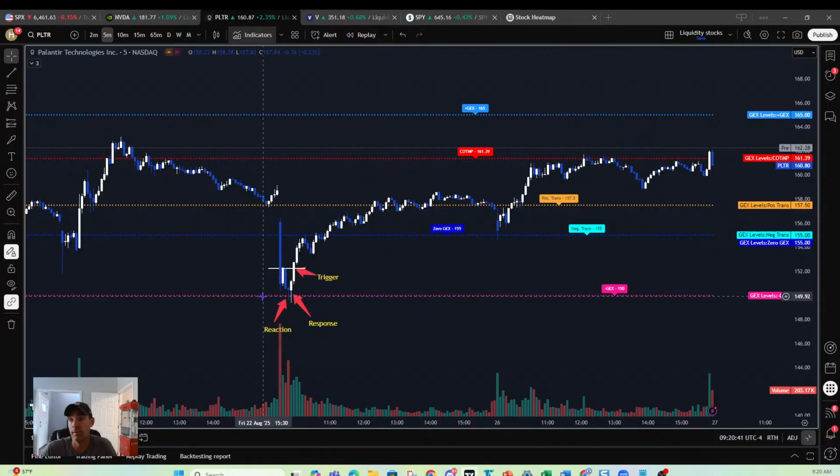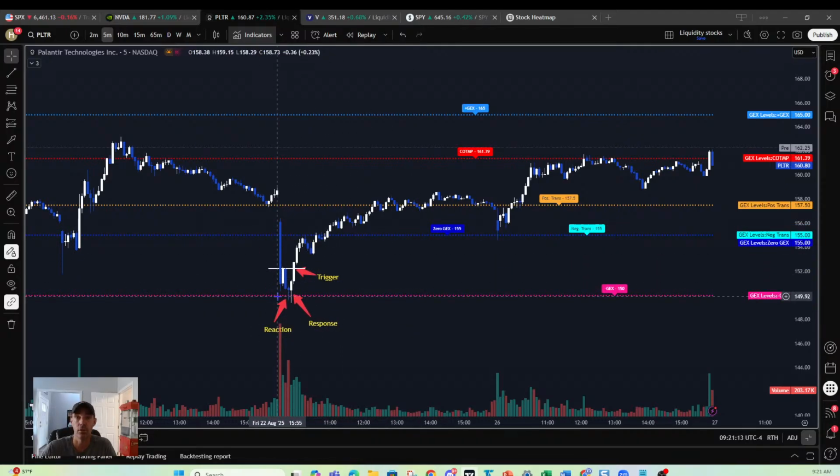So a pullback to 150. Obviously, for TA, you can look on X. Most people were watching this 150 level, but they really didn't have an idea other than price action. Why were they watching it? Obviously they were watching it because of an option structure underlaid from a supportive standpoint, overlaid with the technical analysis. So understanding how the option structure looks, as well as doing a technical analysis, gives you greater confidence that this can be supportive.